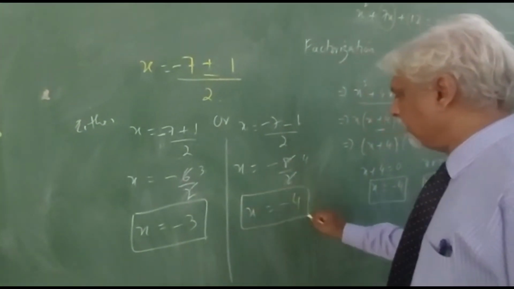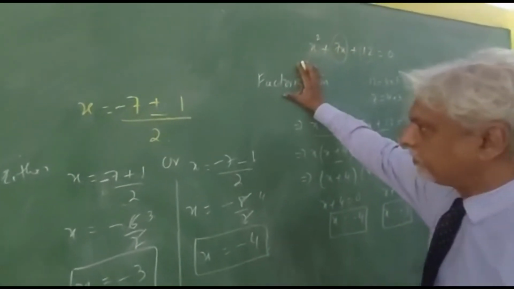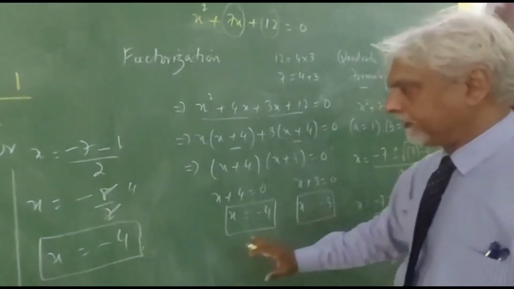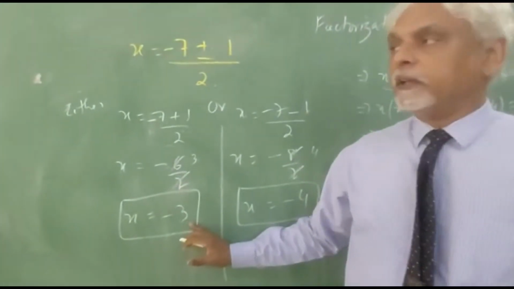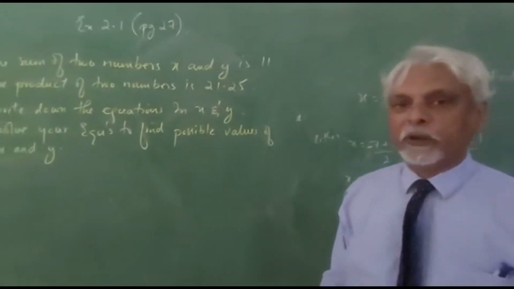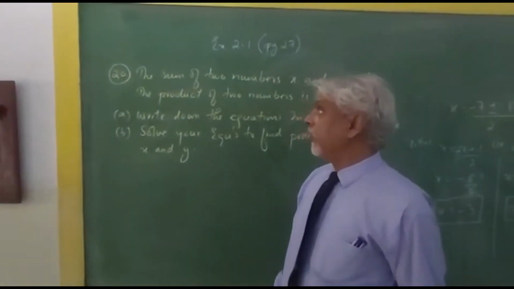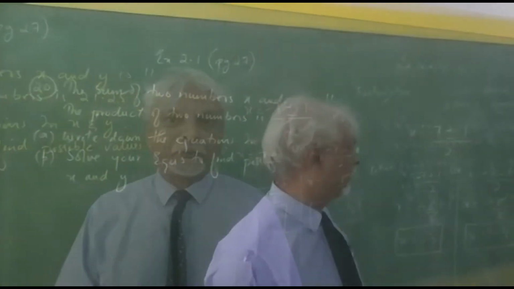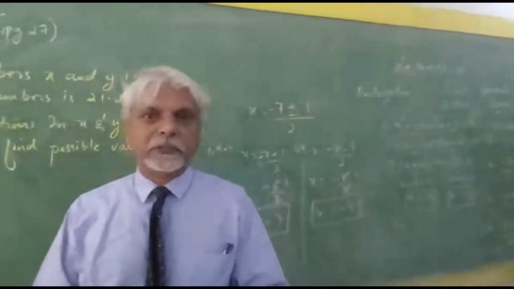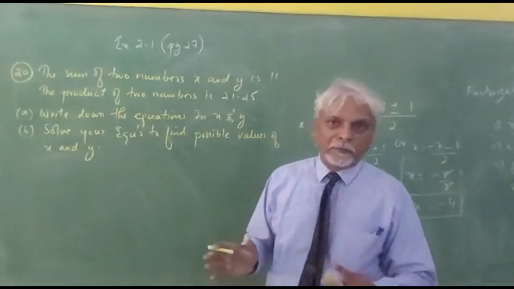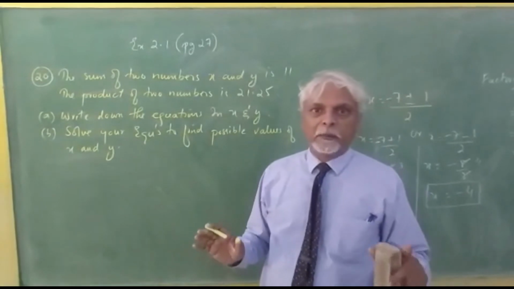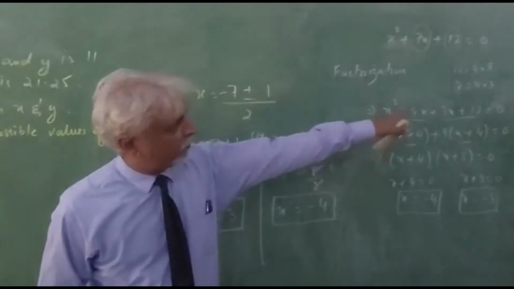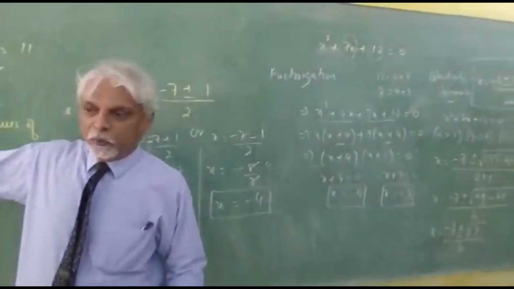So as you can see over here, whether you use the factorization method or you use the formula, you'll get the same answer. Minus 4 and minus 3 over here, and minus 4 and minus 3 over here as well. Now, moving to question number 20, it's somewhat similar in that we will be applying the quadratic formula. You'd already know substitution method, elimination method. We're going to apply substitution or elimination, the choice is yours. But we will not use the factorization method, here we will be using the quadratic formula to solve this sum. Why? I'll just tell you.